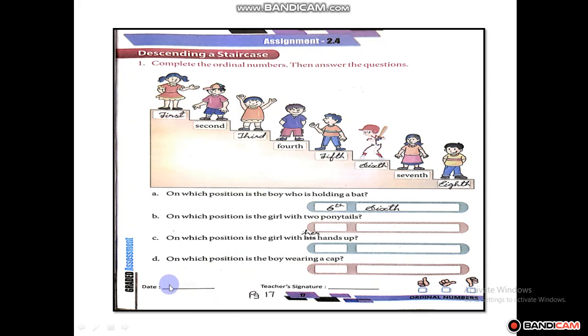Complete this, children, and always write the date here. Whichever date I give you the homework, write the date. Okay children. So complete all this, but please don't send me book pages. Only the classwork, when I give it to you, send only the classwork. These you can complete and keep with you.